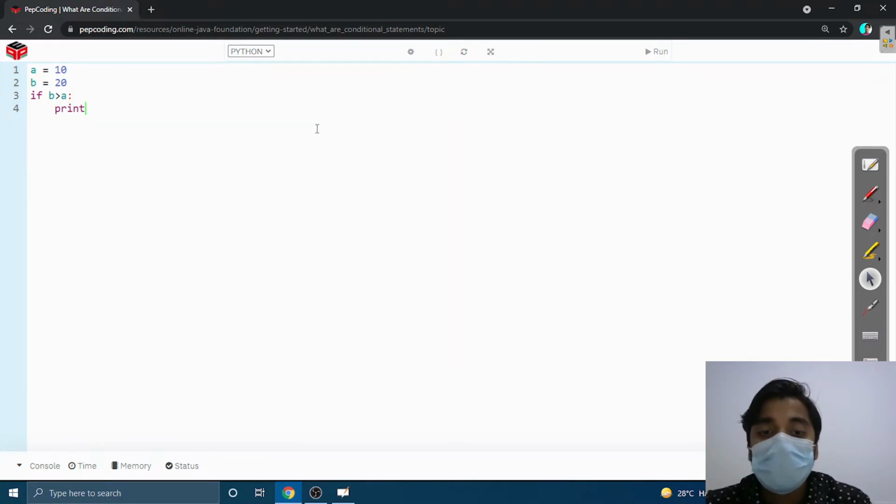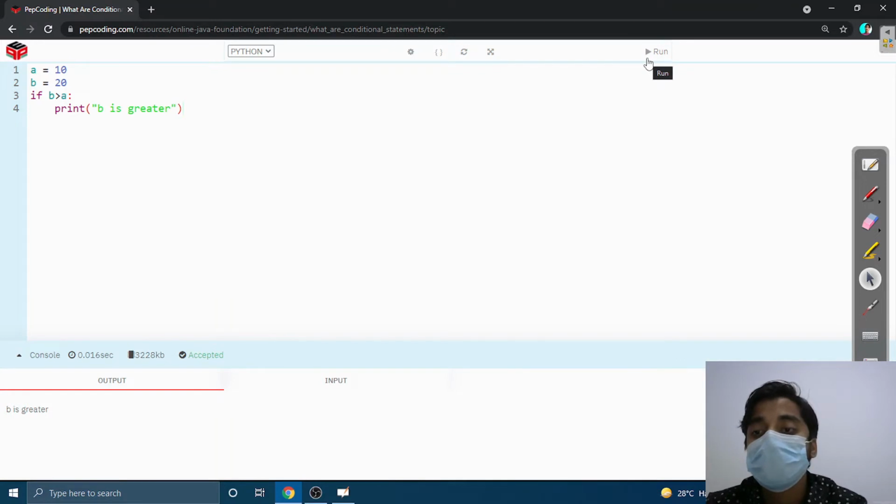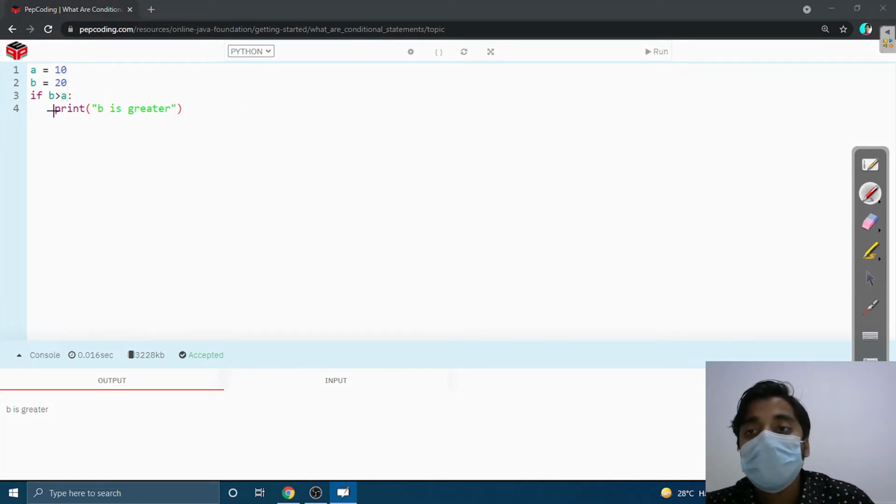Here I am going to print "b is greater". Let's run this. Here we can see this is a condition where b is greater than a. The value of b is 20 and the value of a is 10, so 20 is greater than 10. Our statement turns out to be true and it runs this line.